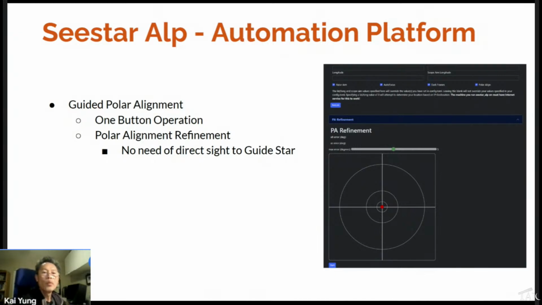On top of that, we have a polar alignment refinement, which is essentially a blind polar alignment tool. It guides you and tells you how far away you are from polar alignment. If you're far away, your dot will drift around, and you can simply adjust your mount and your wedge to get as close to polar alignment as possible. This is all real-time feedback, similar to the SharpCap or NINA three-star polar alignment procedures, but it automatically guides you, so you can do it just with the software.